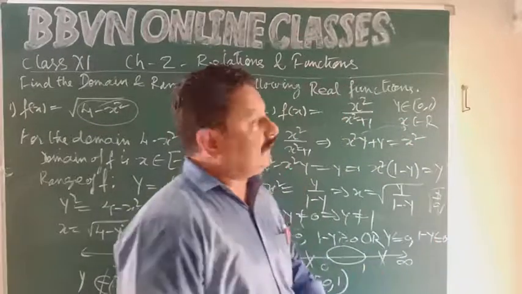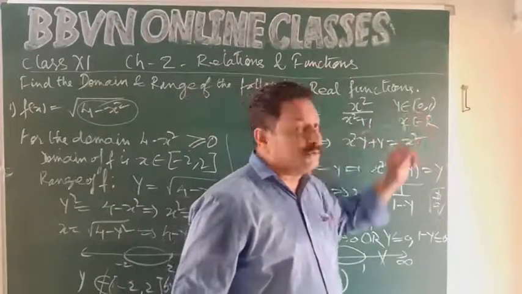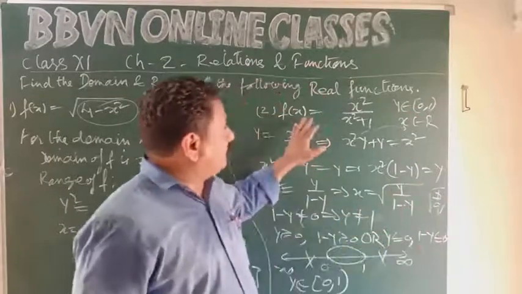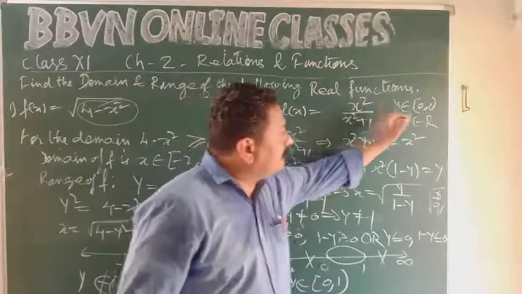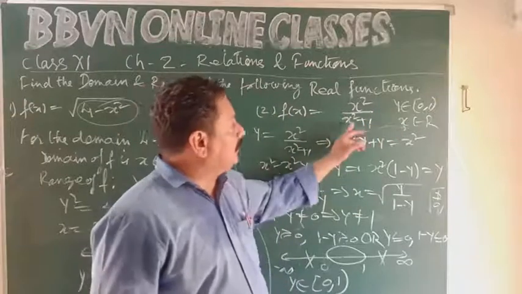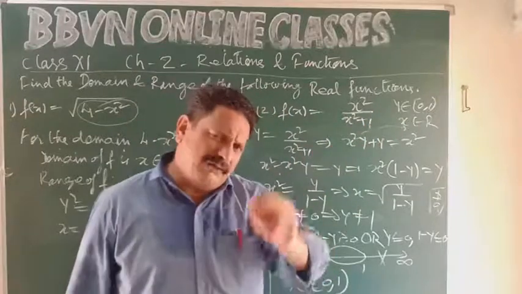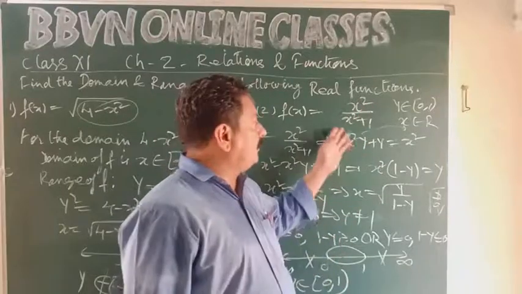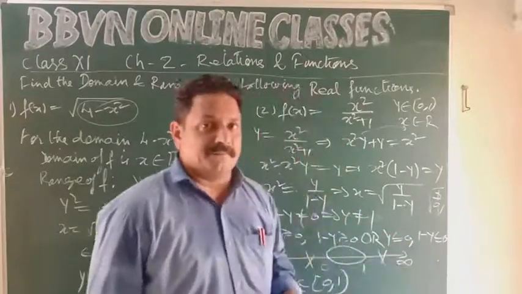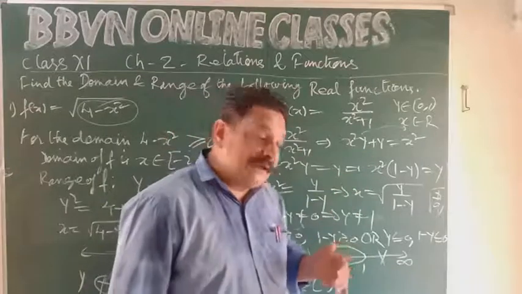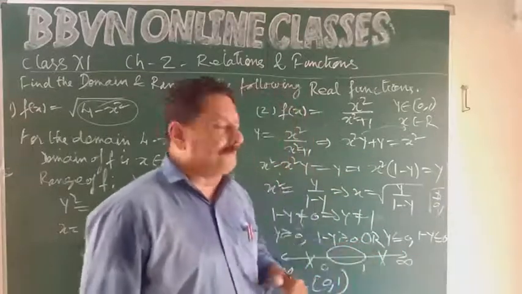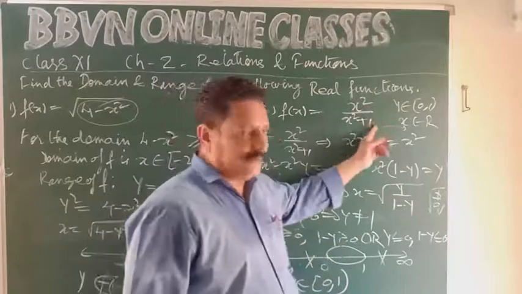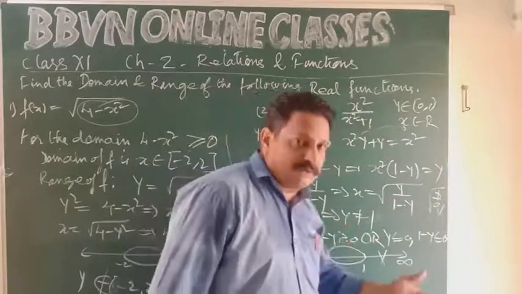और एक बात याद रखना, as we said y belongs to 0 to 1. 0 included, 1 is not included. क्यों? इस फंक्शन में x की किसी भी वैल्यू के लिए डिनोमिनेटर इज जस्ट 1 मोर देन द न्यूमरेटर. सपोज न्यूमरेटर इज 1 मिलियन, डिनोमिनेटर इज 1 मिलियन 1. इसकी वैल्यू क्या होगी? अप्रोक्सीमेटली क्लोजर टू 1. सपोज x इज 1 ट्रिलियन, 1 trillion upon 1 trillion 1, very close to 1.